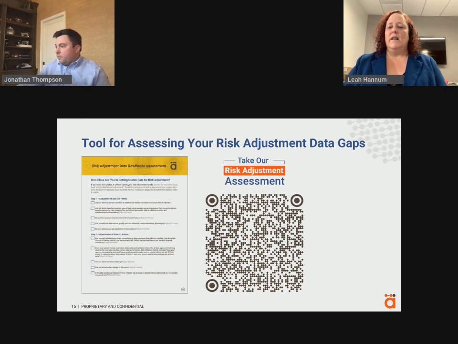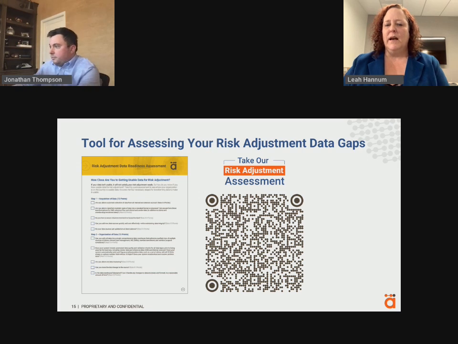So we are focusing a lot on our provider engagement side of things. We had previously built out a lot of standard reporting for providers where we were giving them high-level metrics, which is great. Providers need that information. But in addition to that, they were really looking for what specifically can I do for my patient panel, or what documentation in my medical records needs to be changed so that we're ensuring that we're supporting it in the medical record, right? So our innovation and the new things that we're doing is really focusing on, to the extent that we can,